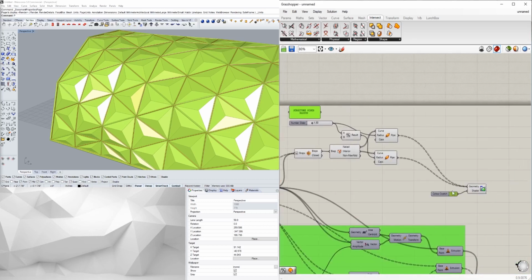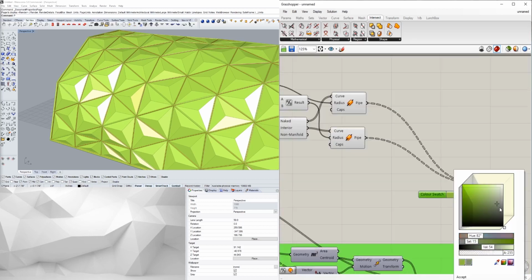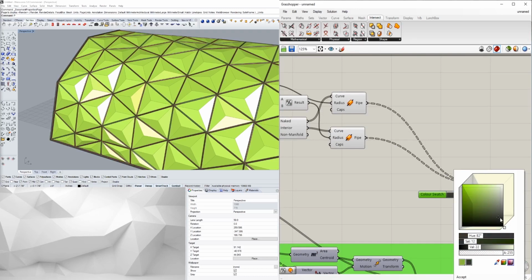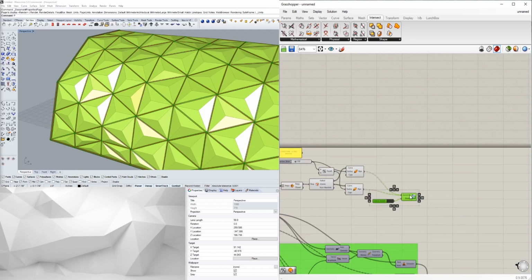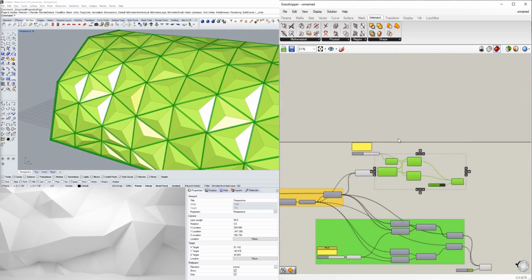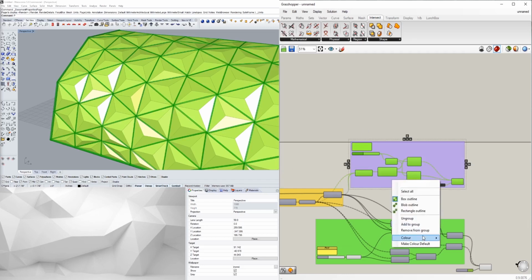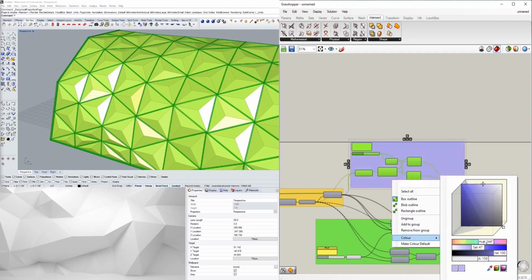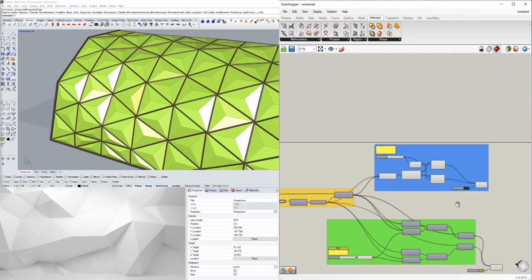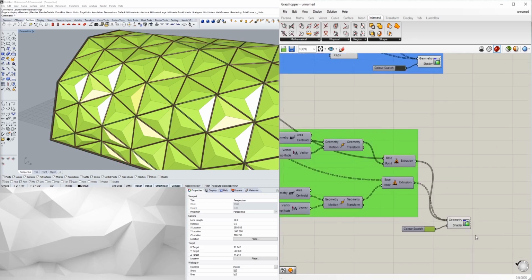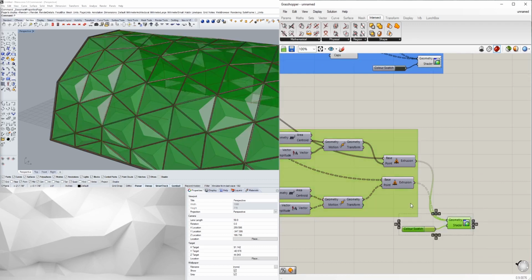Structure pipe radius, and then this one we can change to something a little bit darker to contrast it. And at the end, group this together, color, and organize our information. Then we can take these, add to group,